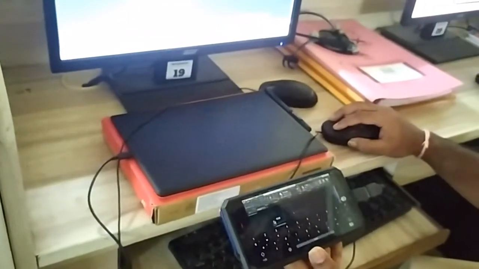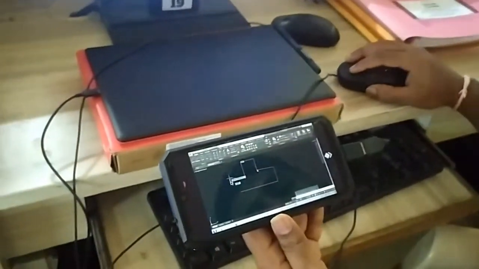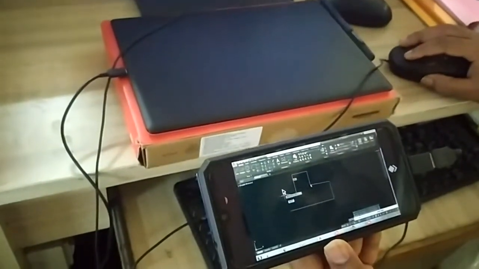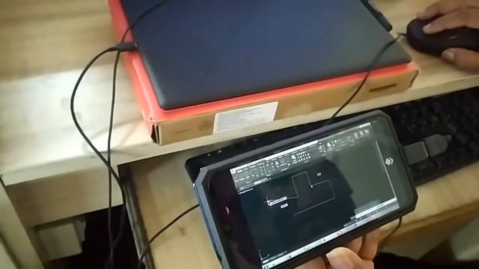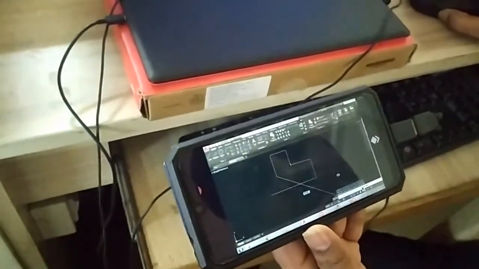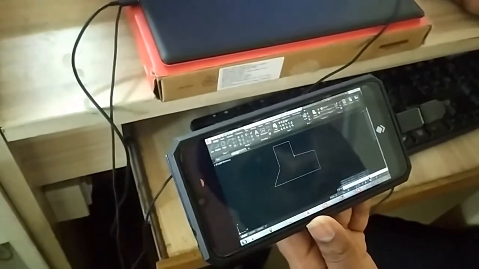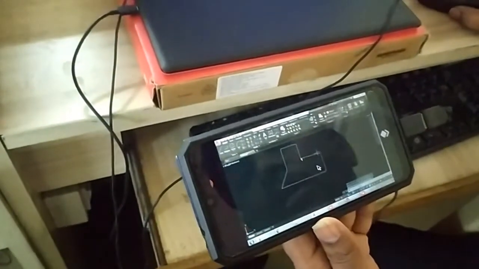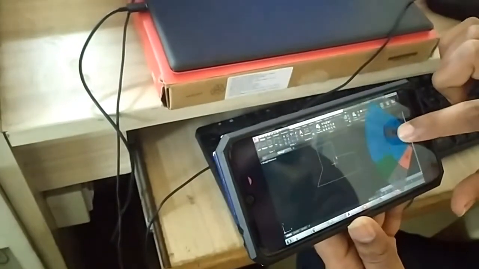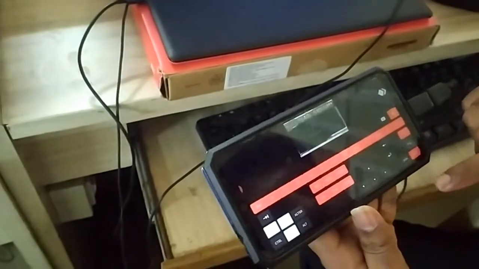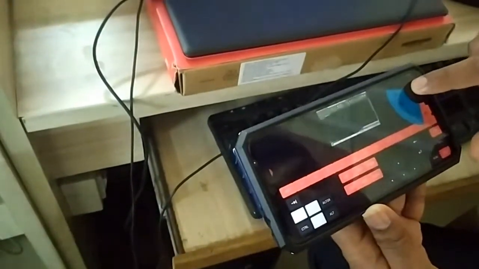So yeah, with just mouse I can right click. So there's a bit of problem over here. I think I won't be able to come out of the command. Okay, so I can just get close. Fine. Okay, so I guess the escape button is providing me with some problem. Fine, so we have that option as well.